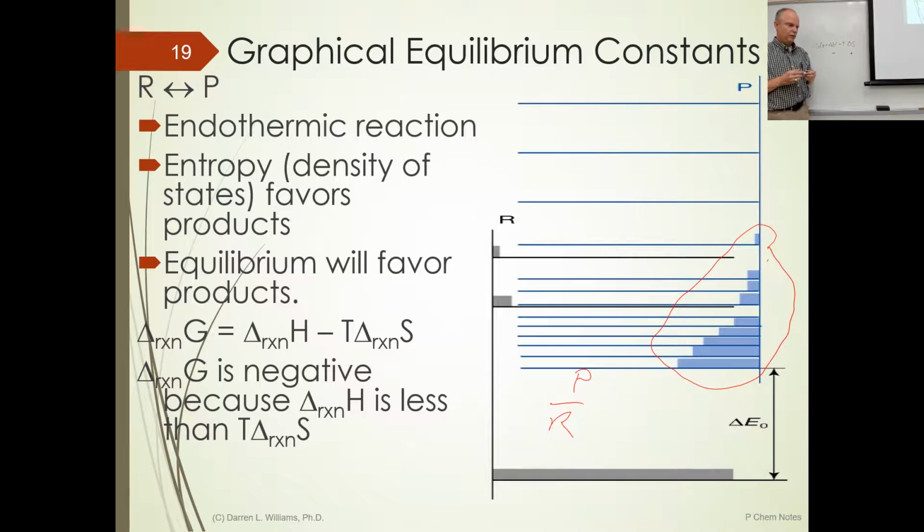But sometimes you have an endothermic reaction, so delta H is plus, and you need a big enough density of states in your products to drive the reaction forward. The one shown on the board has a big double plus entropy and a plus enthalpy, but because the entropy term is large, that negative sign helps drive delta G to be negative. So this is like an ice pack. It's a heating pack or an ice pack? That would be an ice pack or a cooling pack. So something in there is sucking up heat.